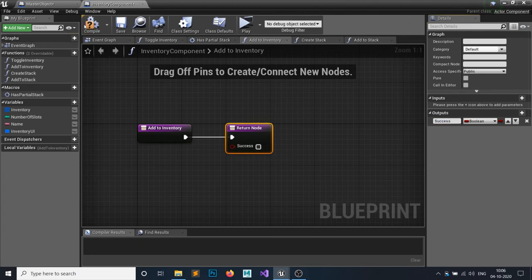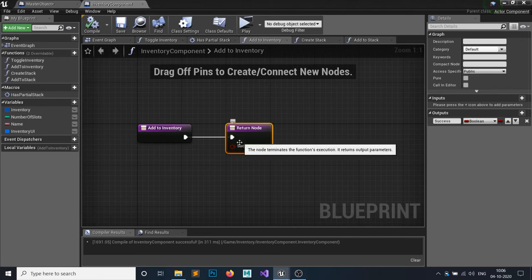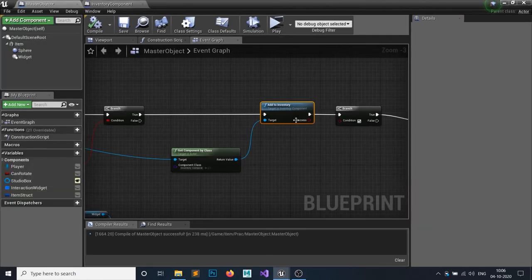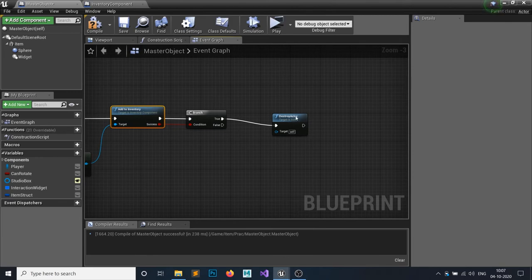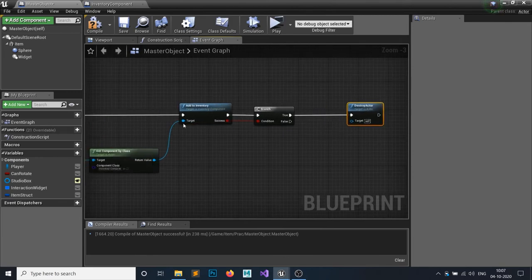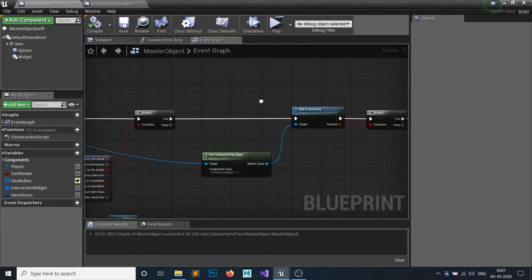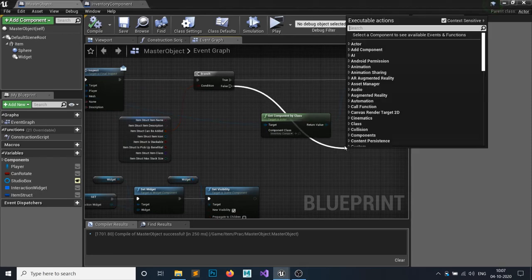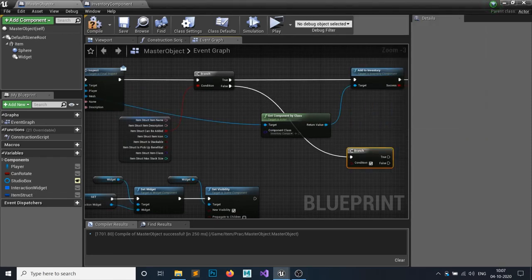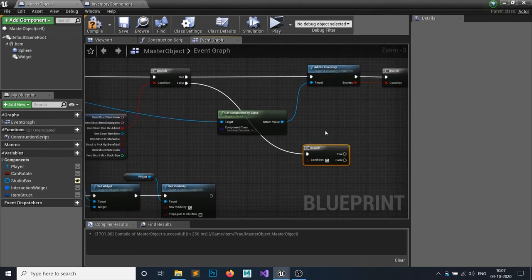So if our item is added to our inventory is true, then we want to destroy this actor, otherwise we don't want to destroy this, right? And if our item cannot be added to our inventory, then we want to hit branch and check if our item is pickup beneficial.